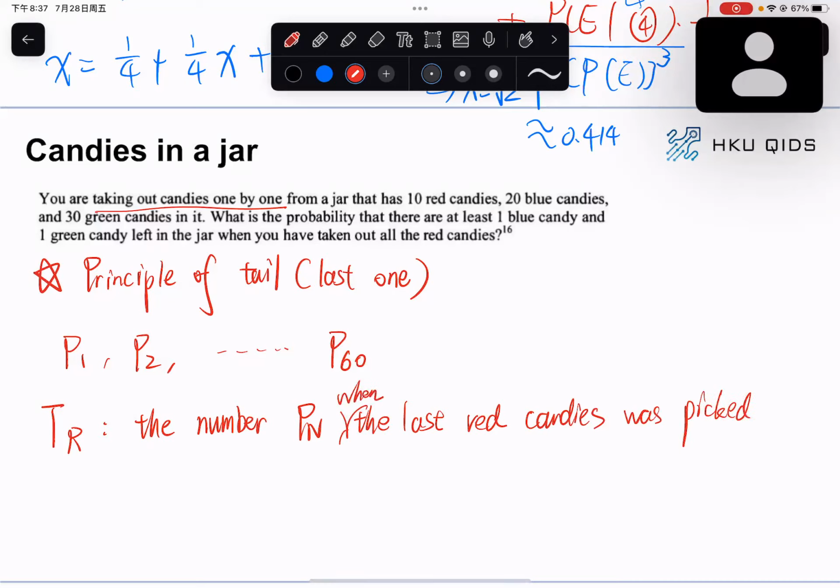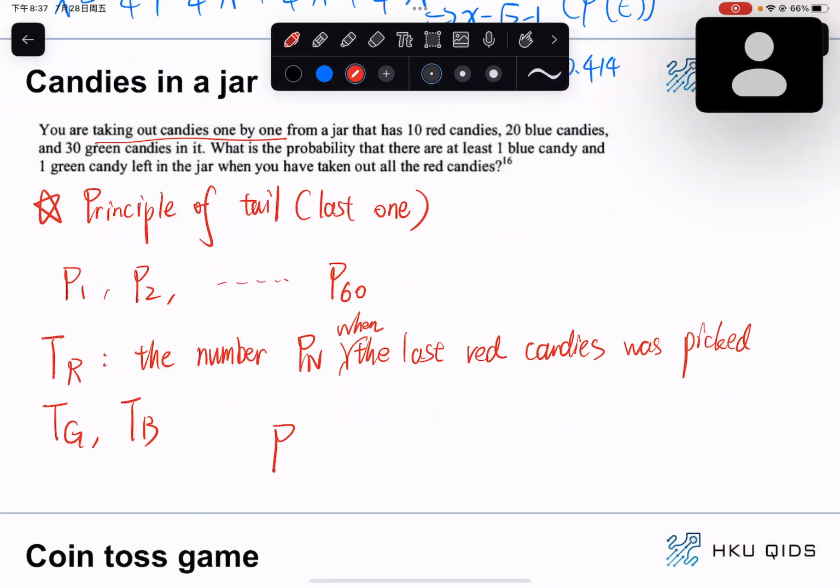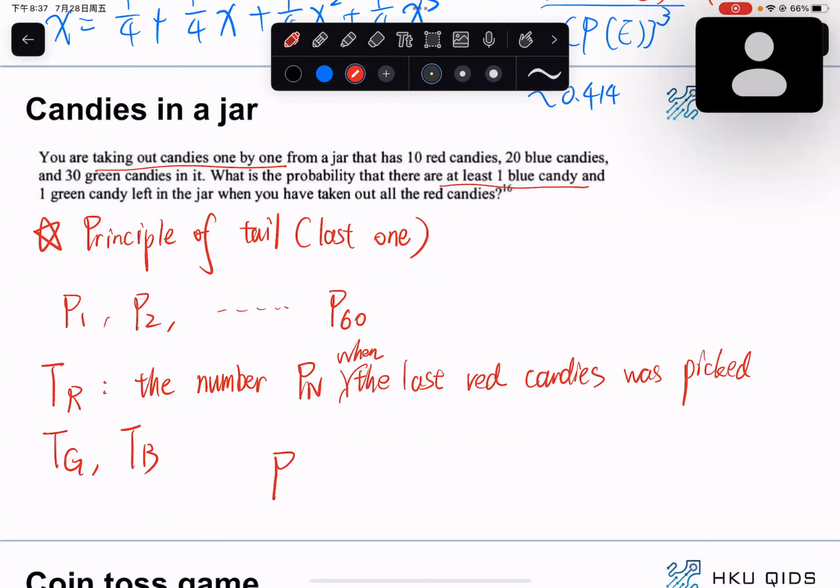Which means if the 20th candy is going to be the last red candy, then T red is going to be 20. And the same, we have T green and T blue. Then this question is asking the probability that at least one blue candy and one green candy are left when we have taken out all the red candies, which means the tail of red must be smaller than tail of green and tail of blue,